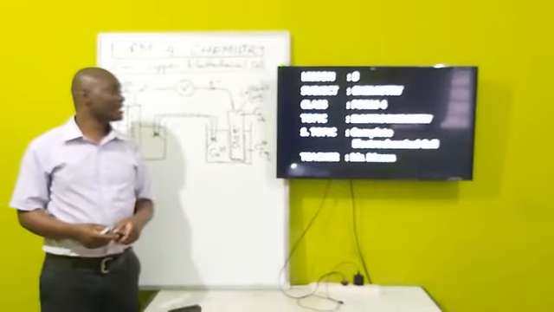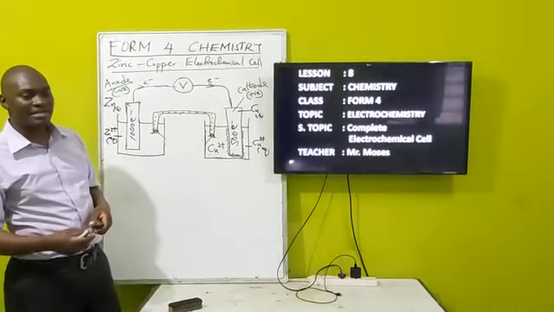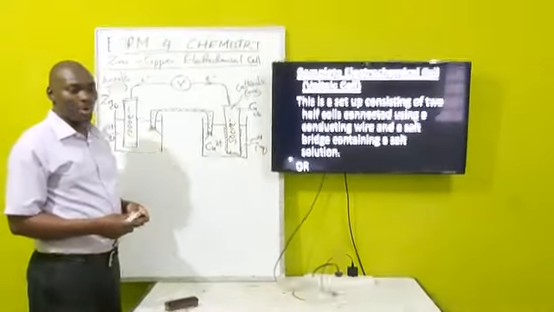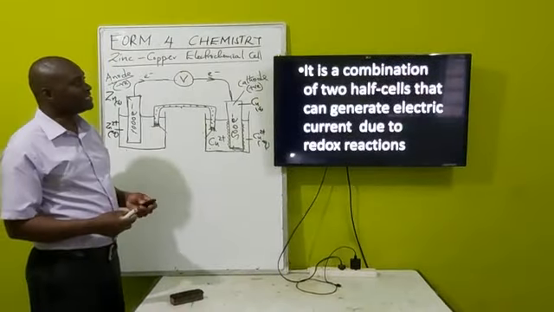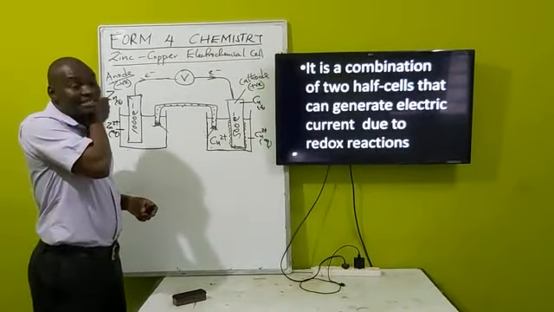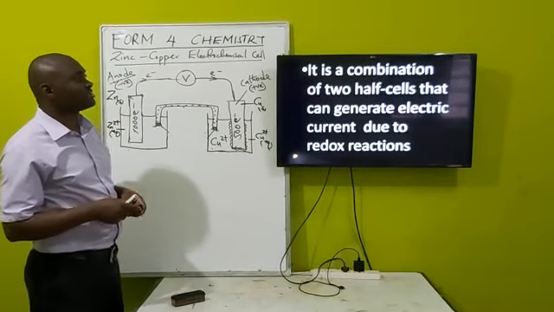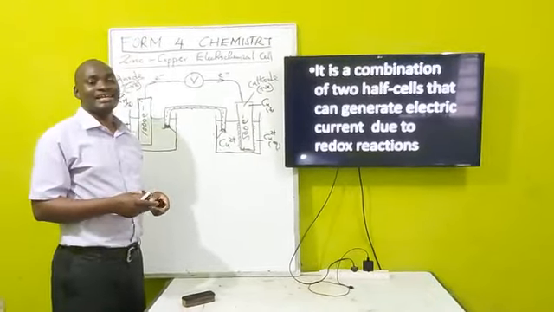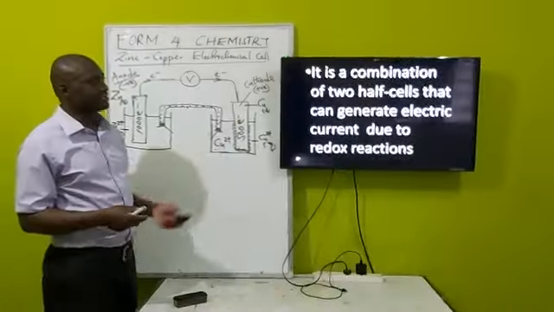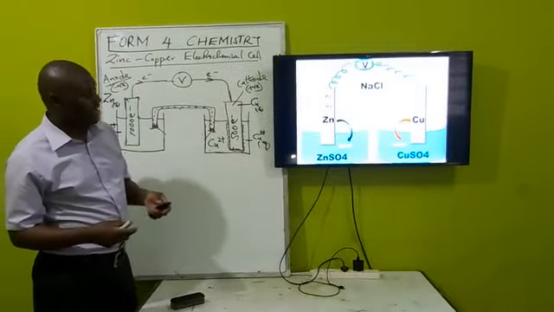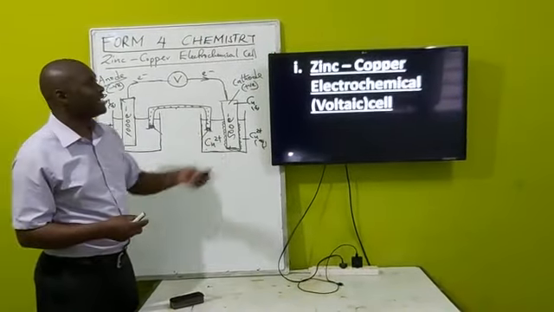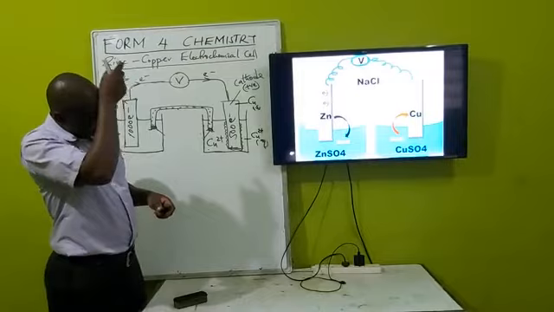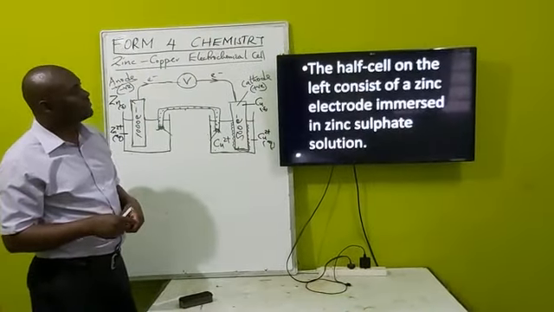Still, we are going to base our discussion on this zinc copper electrochemical cell. That is what we are going to base our discussion on. And based on that, we have said that an electrochemical cell is a combination of two half cells which generate electric current as a result of redox reactions. And we gave the example of the zinc copper electrochemical cell, or we call it a voltaic cell. Now, moving forward,